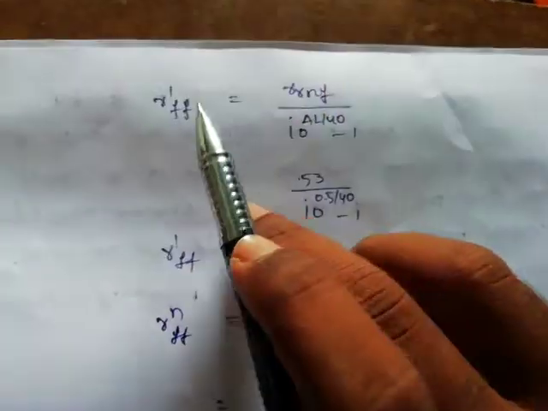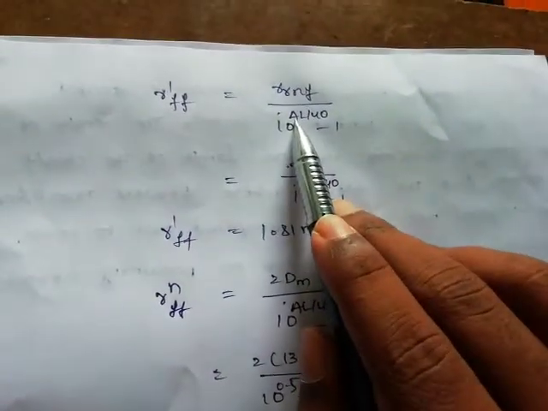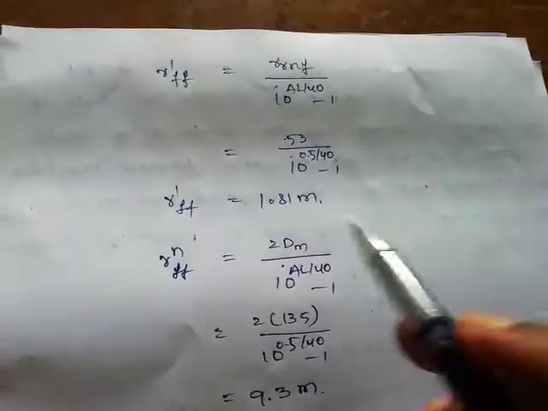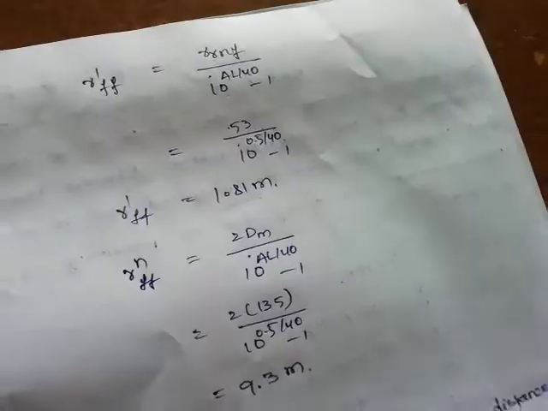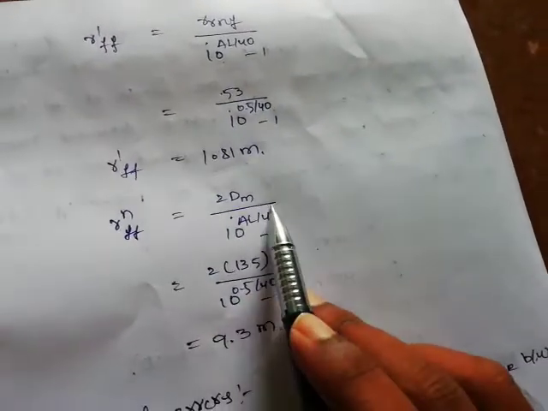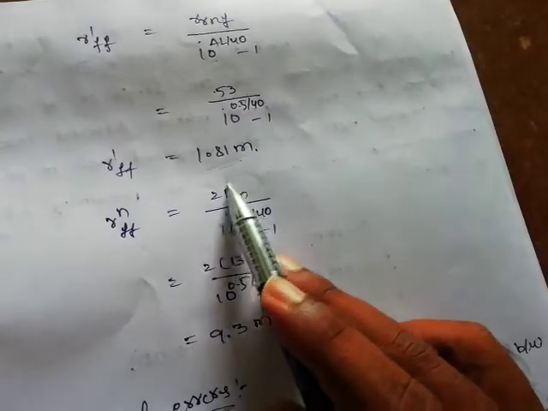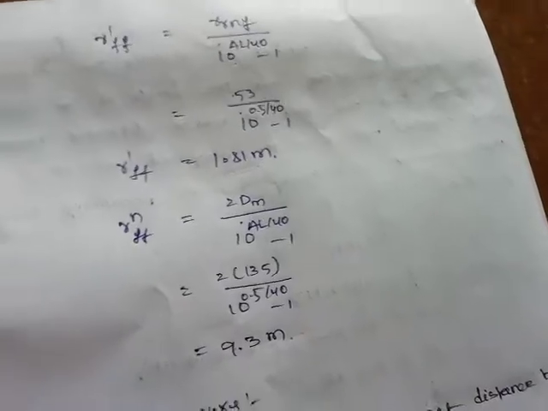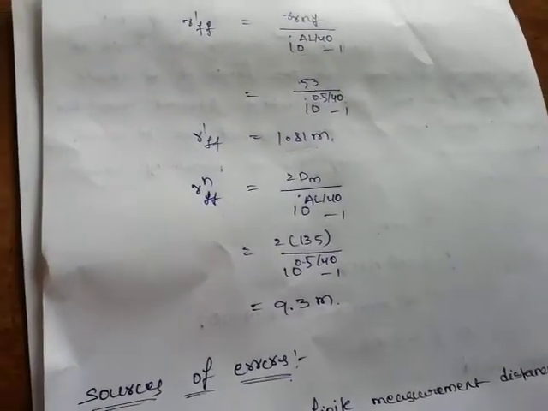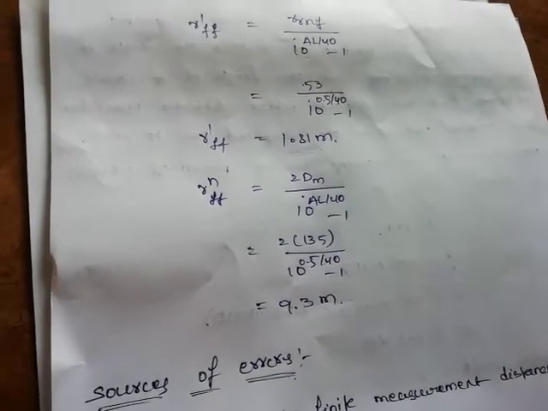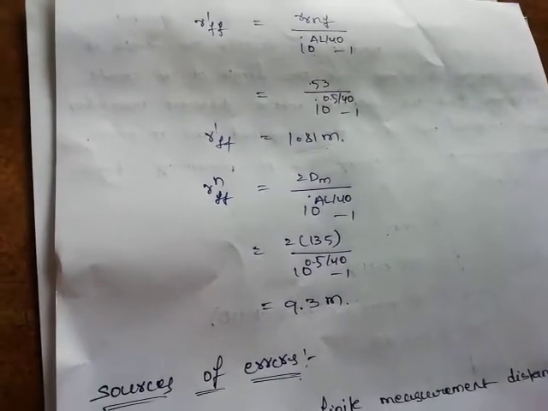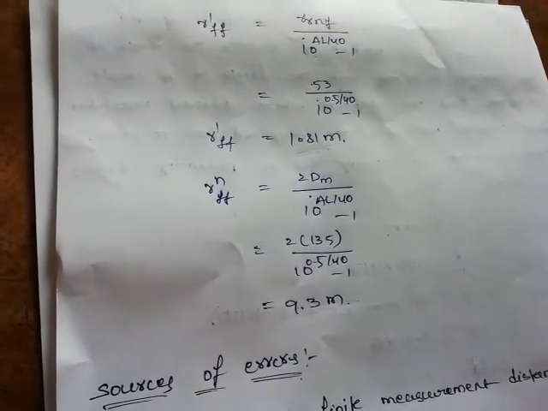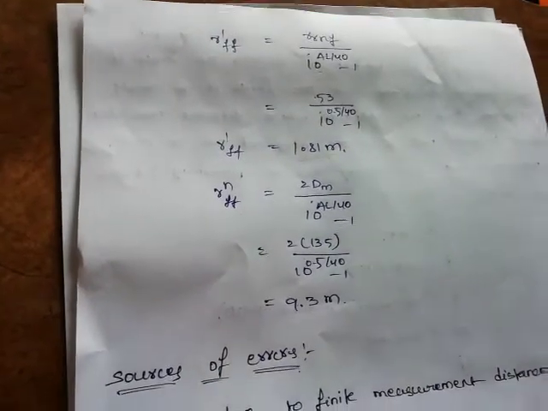Next, R'_FF, that is the formula here. Delta L, as I already said, is 0.5. Approximately R_NF you have taken as 53. If you calculate that, you get this. Next, R_NFF is 2 D_M, where the mechanical dimension D_M also you have to take as 135 mm only. You get this. So that is simple. When you want to find out the far and near field regions, these are the formulas you have to remember. That is about near and far fields, where they occur from our antenna to the antenna under test. So this is about near and far fields.